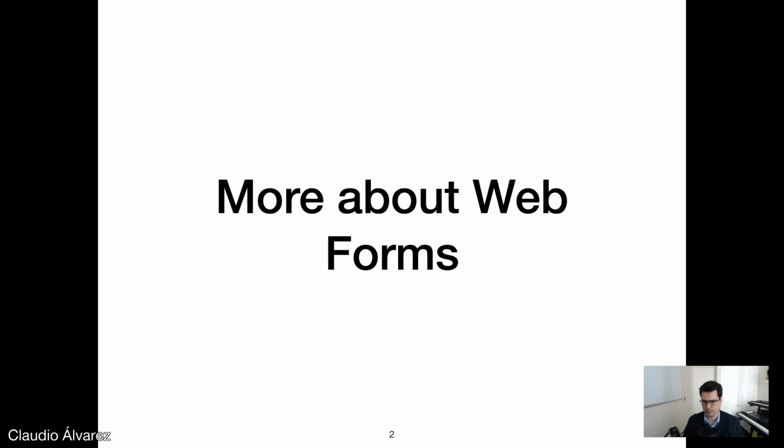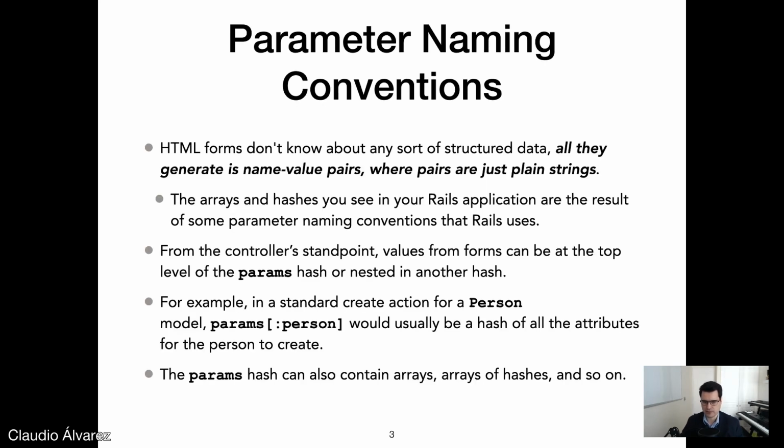These are indeed complex. This is a complex subject in web programming and in front-end programming, certainly. So what we need to see with a little more detail, more carefully now, is the naming conventions. I didn't start with the naming conventions at the beginning because they require you to be familiar with the different form elements, the different form fields, and so on. In the previous class, I introduced you to the form elements and also the Rails helpers that generate the HTML code for each of these. So now that you are familiar with the helpers and the elements, we can see the second level of detail, which is how to name